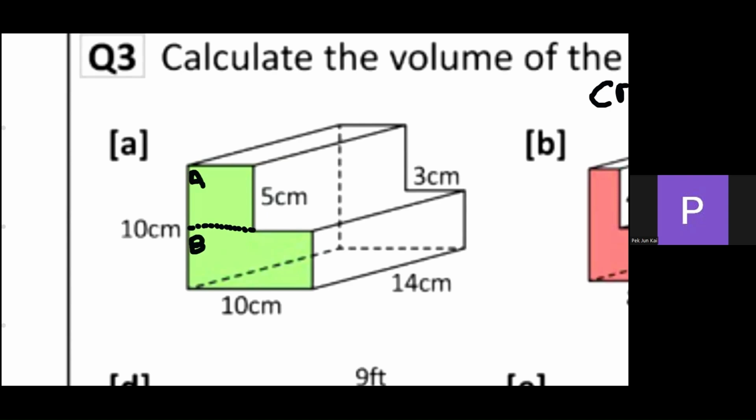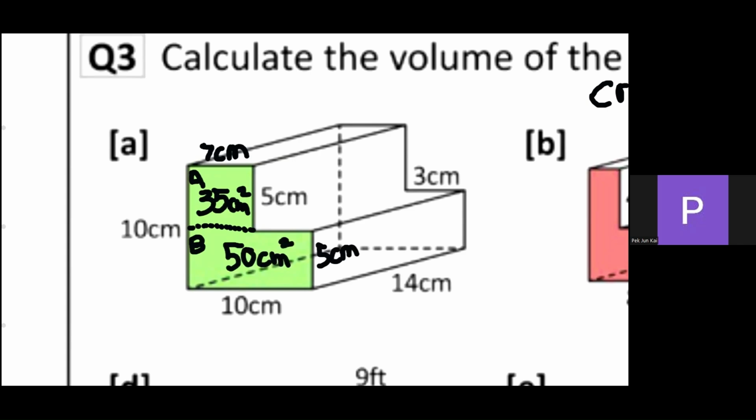So we already know that the width here is 5 cm. So we need to find the length. So we can take 10 centimeters and minus 3 centimeters to get the length here, which is 7 centimeters. So the area for here would be 75 cm squared. So the area for here, for the width, we can take 10 centimeters and minus 5 centimeters to get 5 centimeters of the width here. And so we would get 50 centimeters